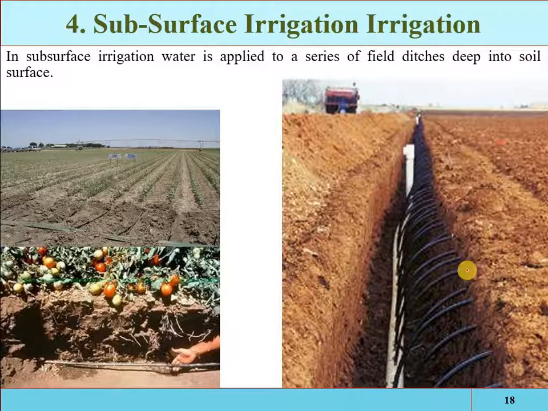We can say that there will be no over irrigation, meaning the losses will be reduced. Okay, weeds will be controlled because unwanted areas will not be irrigated, and more area will be irrigated from less water. Also, nutrients will be preserved because the nutrients will be directly applied into the root zone, so the losses in the nutrients or fertilizer will be reduced.